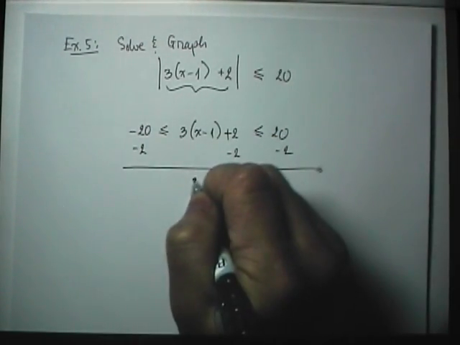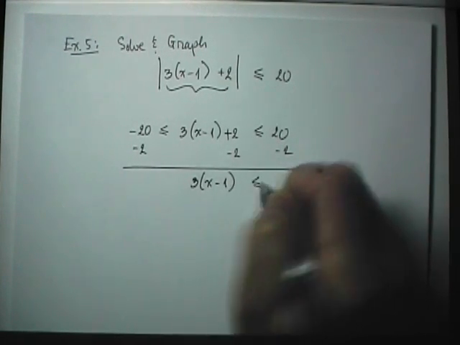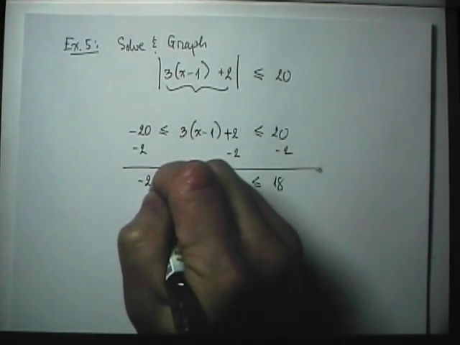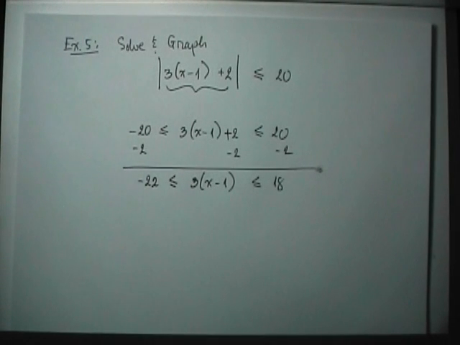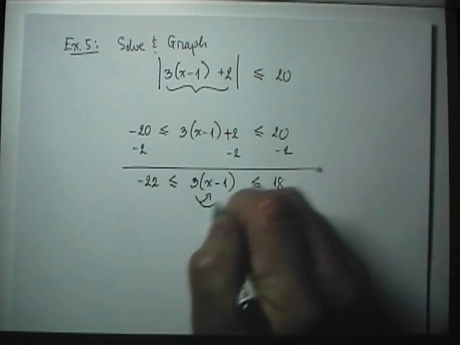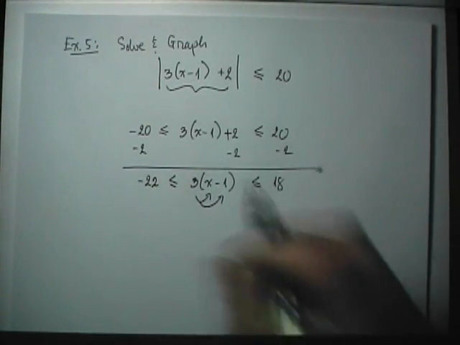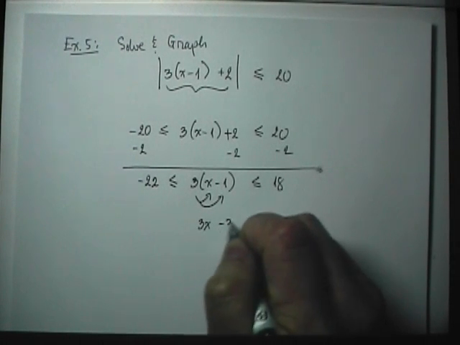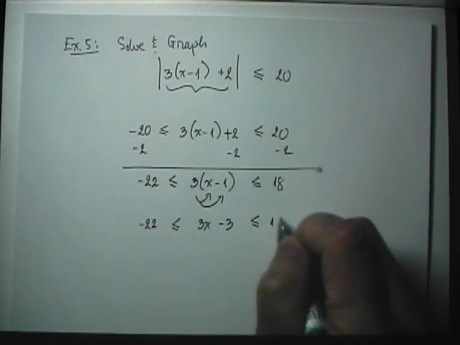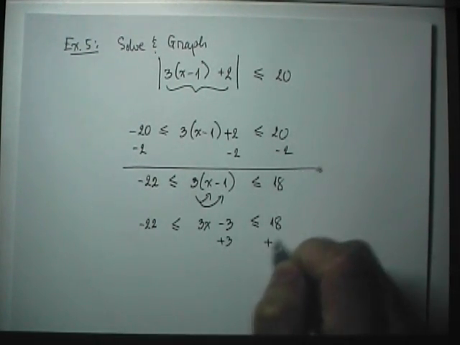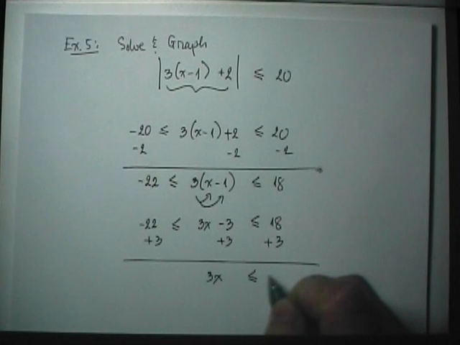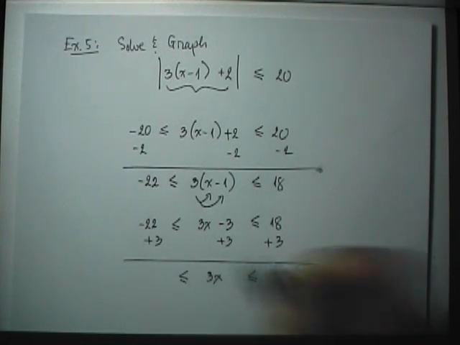Okay, and that gets me 3 times (x minus 1) less than or equal to 18 and greater than or equal to minus 22. And then you also need to multiply the 3 through each term in the middle. So we have 3x minus 3, that's 18. And so I can also add a 3 to each side. Okay, and that gives me 3x less than or equal to 21 and greater than or equal to,